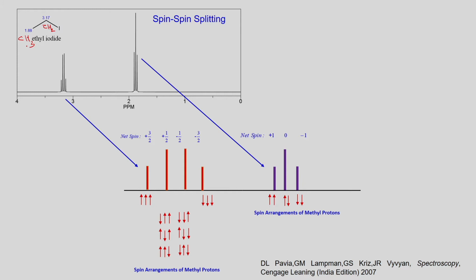You have here the 4 spins. I will tell you why you will get 4 here. What do you mean by this? It means that you have how many orientations of the spin. So, if you have 4 different states with respect to spin, I can represent the net spin as either plus 3 by 2, plus 1 by 2, minus 1 by 2, minus 3 by 2. So, how do you represent it?